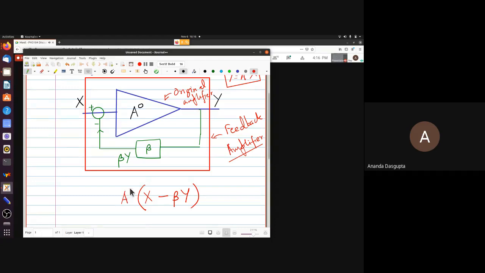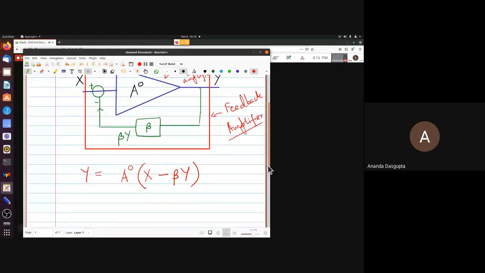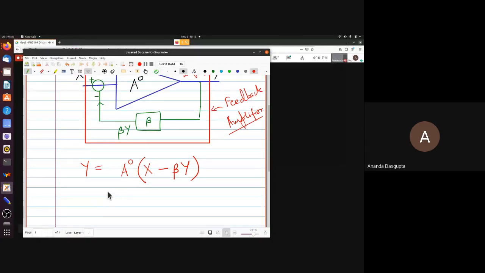Of course, this tells you that if you multiply this by A0, what you're going to get is the output, right? A0 is just a fraction which connects the input to the original amplifier to its output, and the output is Y. So this is what you're going to get, right? And an immediate consequence of this will be a very trivial